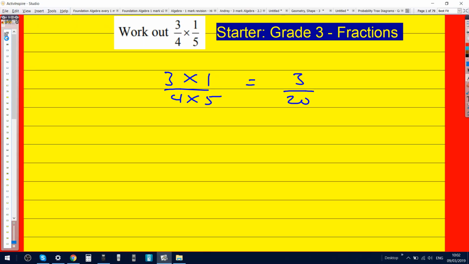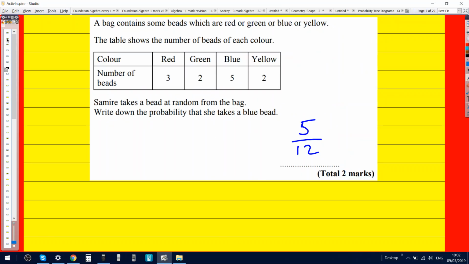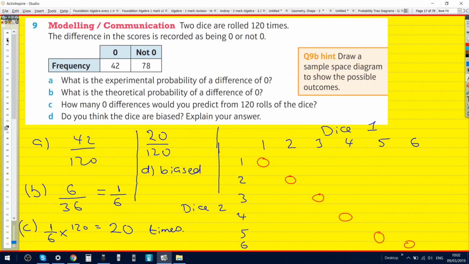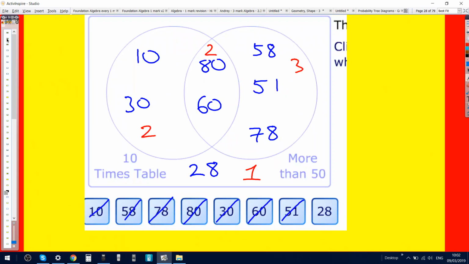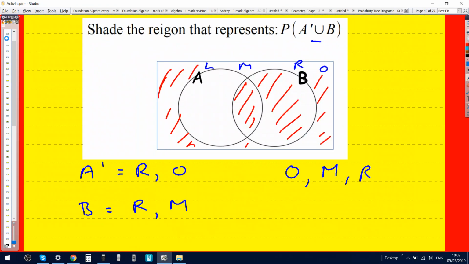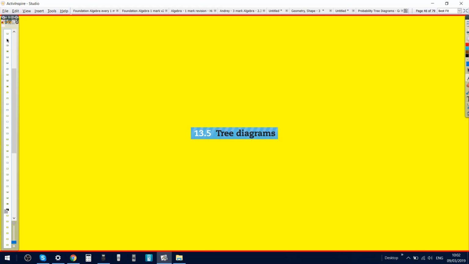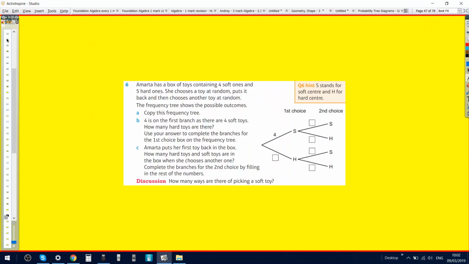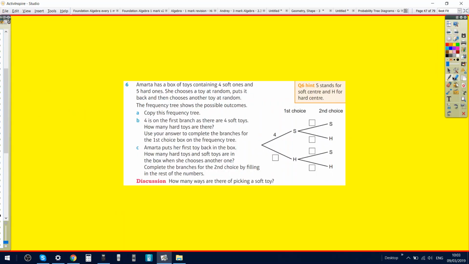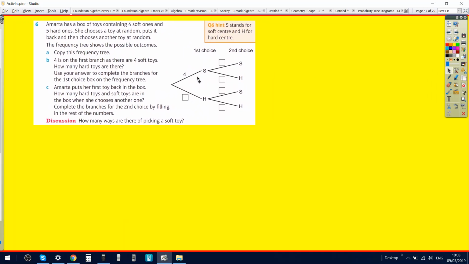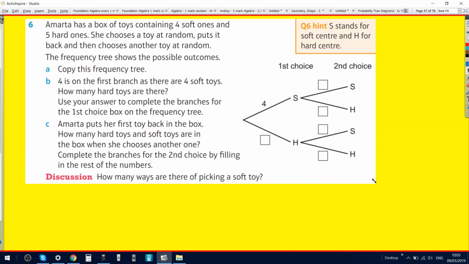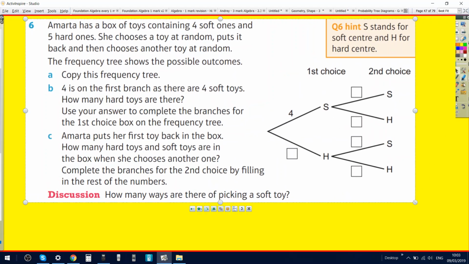That's where we were. Oh, so we were doing this one. Yes, now tree diagrams. Okay, what goes where? So does the 5 hard ones go just below the 4 at the start? Yeah. Okay. Choose one, put